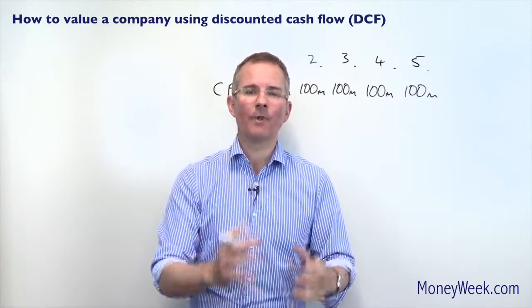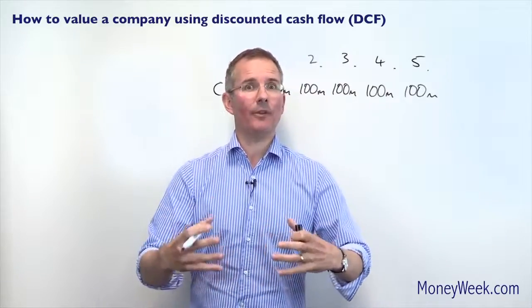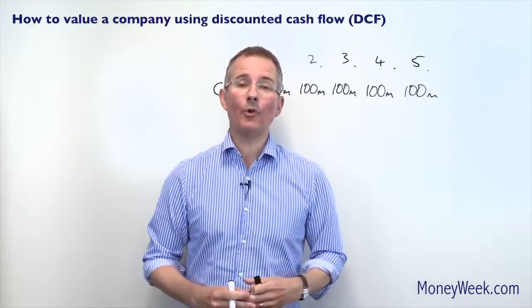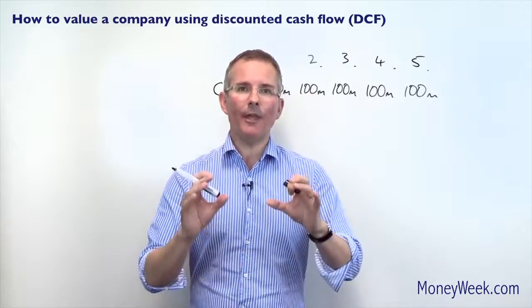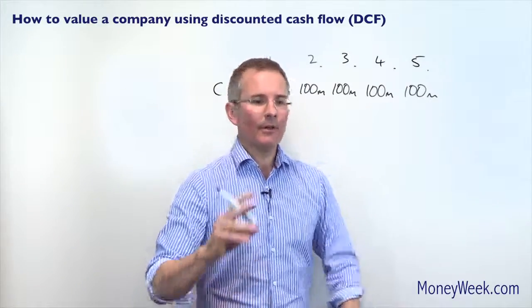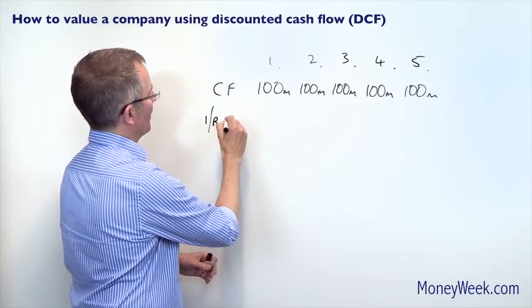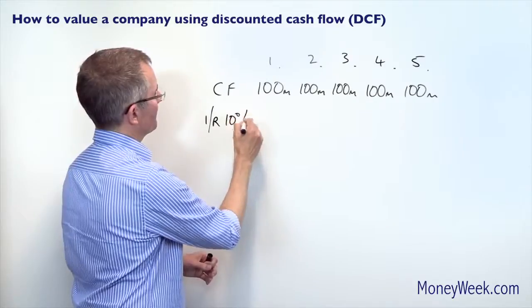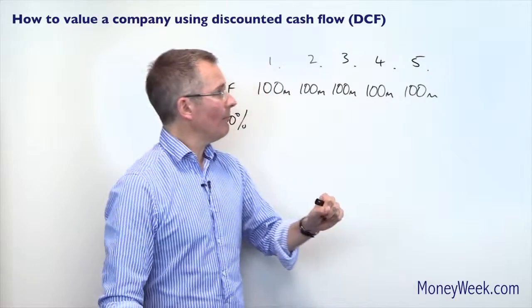discounted cash flow. So I want to make another assumption here, and you might be saying, how can you make all these assumptions? Well, in practice, this is exactly what people need to do who apply this technique. So here's my next assumption. I'm going to say that interest rates over the next 5 years will be 10%. Now, if you take an interest rate of 10%, what you're going to be doing is saying, well, based on that,